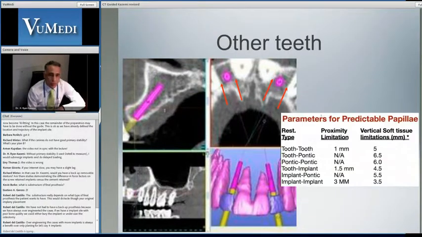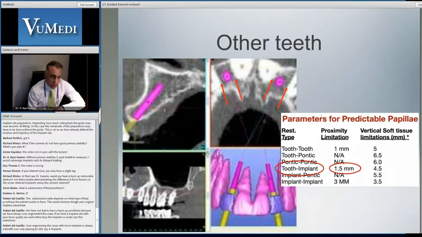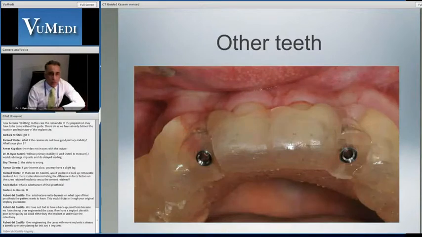And if we look at the proper dimension that we're looking for, and this is from some of the studies that have been cited and described by Dr. Tarnow and Dr. Salama and others about achieving predictable papilla, we know that when we have a tooth-to-implant situation, we need at least 1.5 millimeters distance between the structures. And so with our prediction and the diagnostics, we can be certain that we can place a 3 millimeter implant